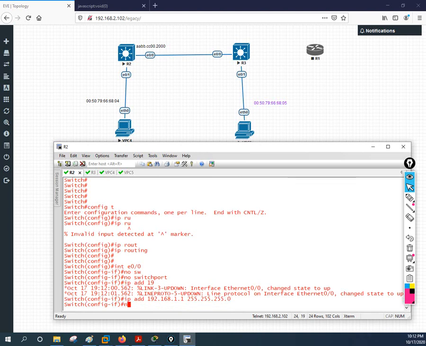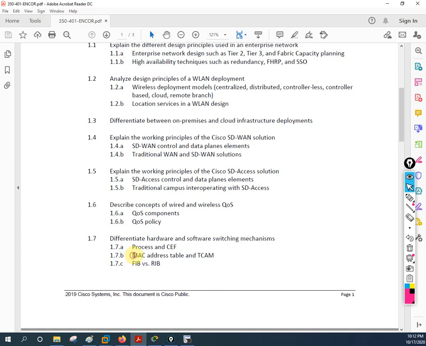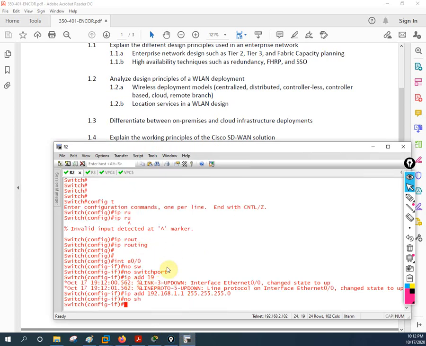This is just a sample we are doing. No worry if you are not understanding, no issue. This is the basic, I just want to show you. We already did this in the CCNA 200-301 series. If you have confusion, you can watch that one. These are all the basics. From the next class onwards, we are going to start from the syllabus. Whatever we discussed till now is the basics for CCNA and CCNP. In our next class, we are going to discuss the MAC address table and CAM table, and after that we have this one. Don't worry if you did not understand also. Try to watch one more time so you will have the idea.